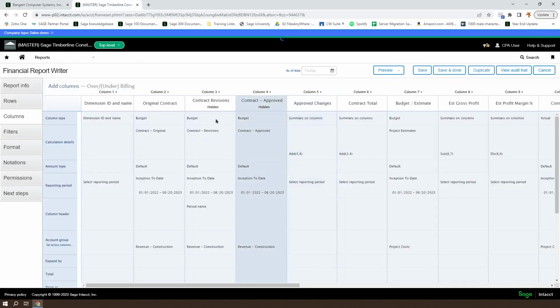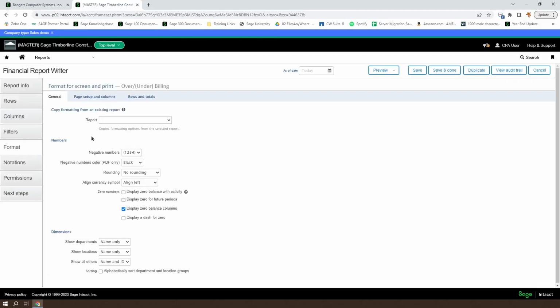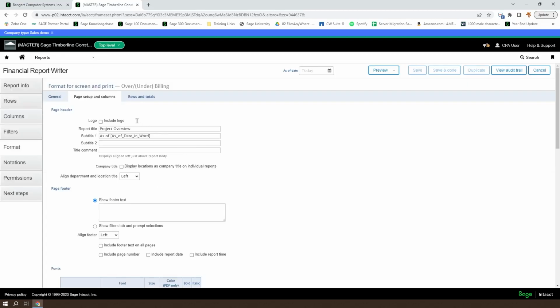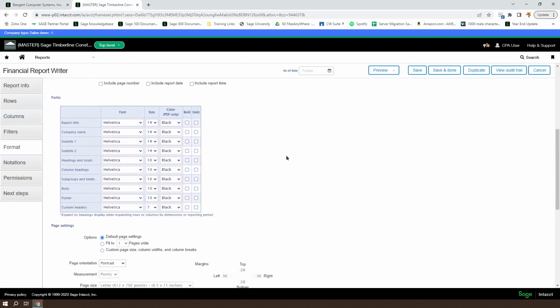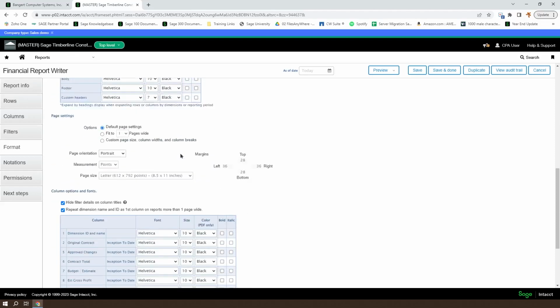And once that's complete, we'll move over to the Format tab. And in the Format tab, we're going to leave our negative numbers as percent signs because that's what matches our over under billing title. We're not going to make any changes here really at all. We're going to go ahead and come to the page setup and columns. And the first thing we want to do is take a look at maybe changing some of our font sizes.